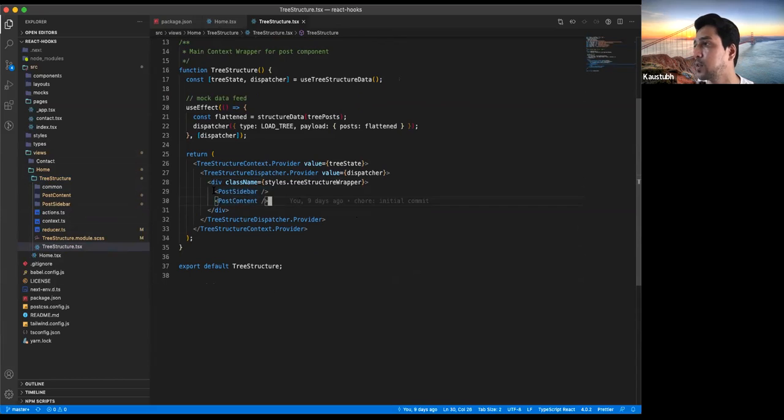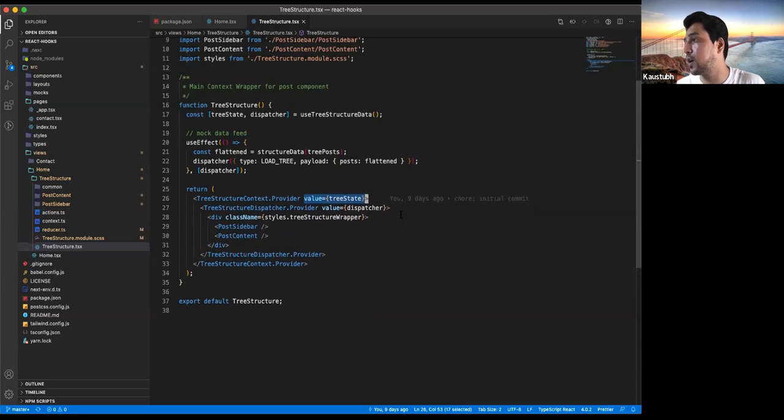In order for these components to do the talking, I am wrapping them inside a provider in such a way. The provider has a value, which is the main state or main data that we get from our API.